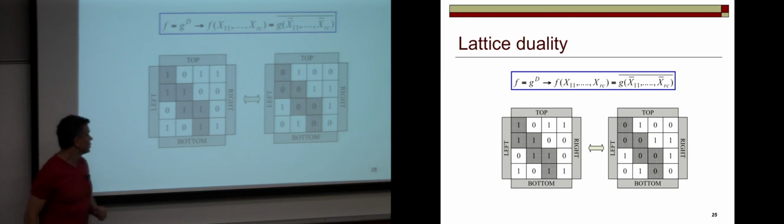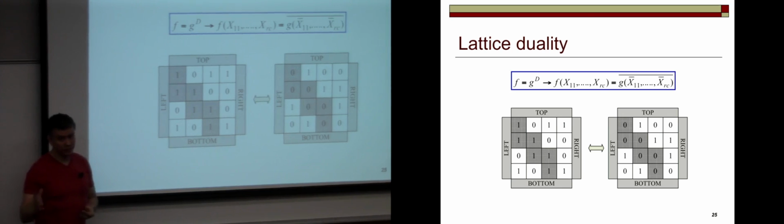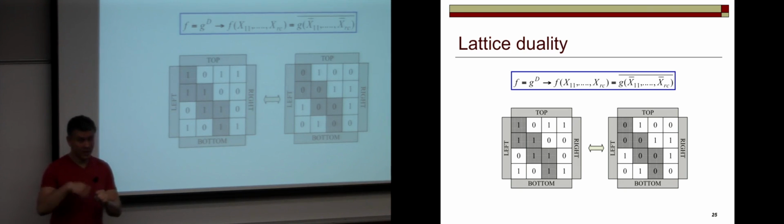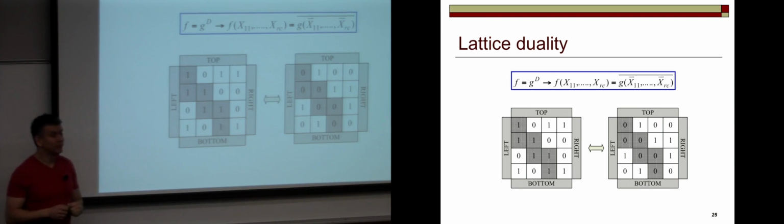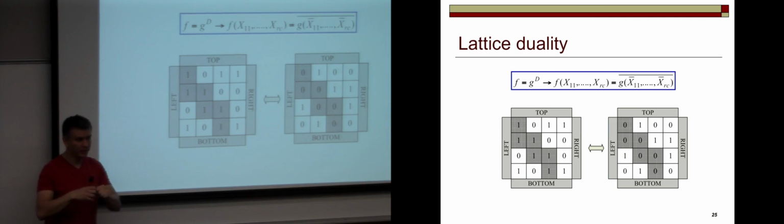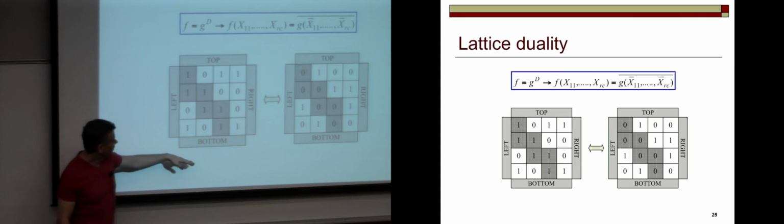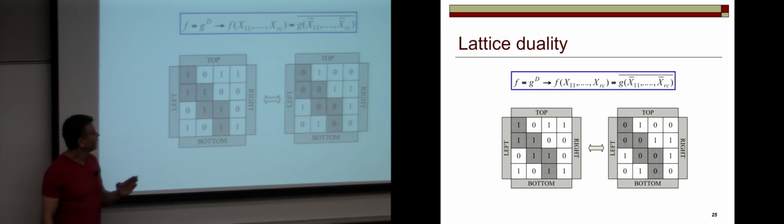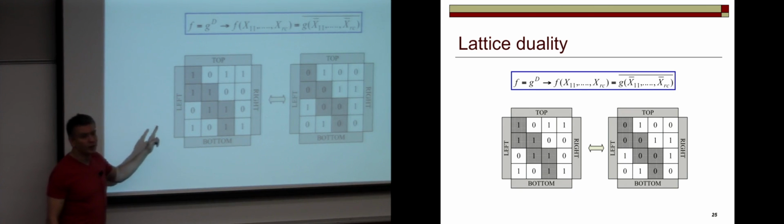So if we have the function that's from top to bottom, recall the definition of duality. The definition of duality is you get the dual of a function by complementing all the variables and complementing the function. So complementing all the variables means whenever the variable is 1, in the new expression, you set it to 0. And complementing the function means that if the function evaluates to 1, instead, the function should evaluate to 0 and vice versa. So consider the function here on the left-hand side. This is an example of the function that evaluates to 1, because there is a path from